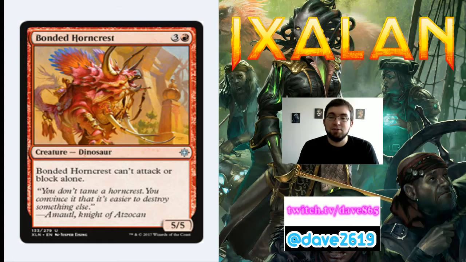Bonded Horncrest. It's 3 generic mana and a red for an uncommon creature dinosaur. It's a 5/5 and it can't attack or block alone. Now this card does not need other dinosaurs, just needs another creature. So, Bonded Horncrest, if you're playing that Naya or a Jund deck or even just a red-green deck, you're going to have a lot of creatures. So, once in a while, this card won't be able to attack or block. But I think for the most part, you're going to have something else on the board with this. So, I would include 1, maybe,